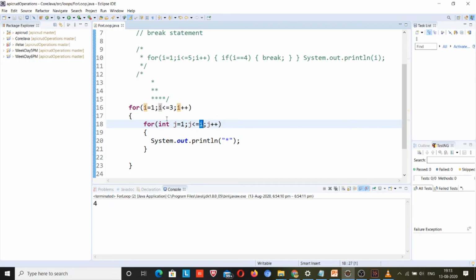So listen carefully, the program is not completed yet. i is equal to 1, it will come in, the condition is fine, and here j is equal to 1, the condition meets because the i value was 1 and 1 is less than or equal to 1. It will print 1 star. So 1 star got printed.